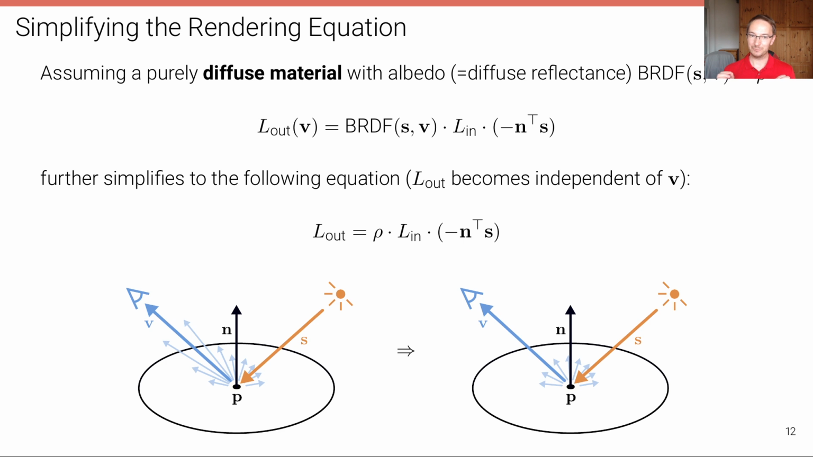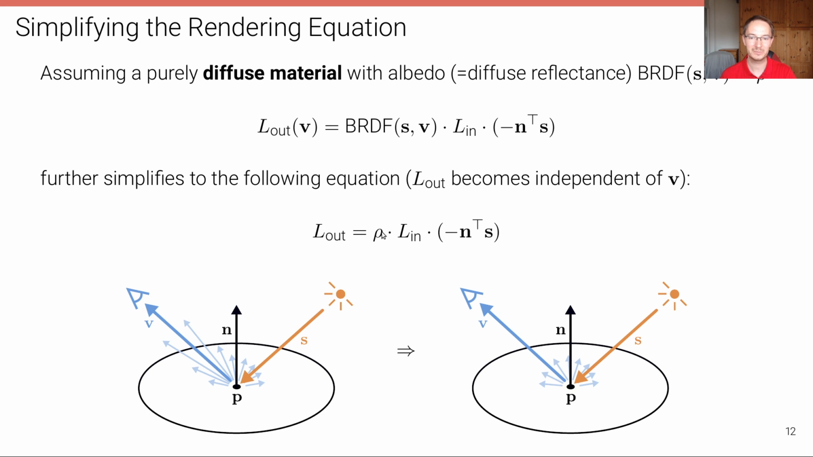Now, the next thing that we're going to do, as I already indicated, is to assume a purely diffuse material, where the albedo is now called rho. So the BRDF is a constant. This constant rho is called the albedo. But the BRDF does not depend on S and V anymore. All right? So instead of this expression here, we simply have replaced now the BRDF with a constant rho, which is the albedo,